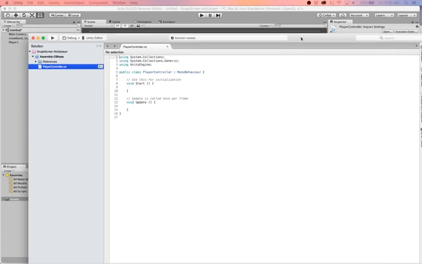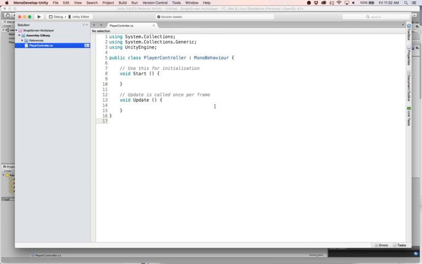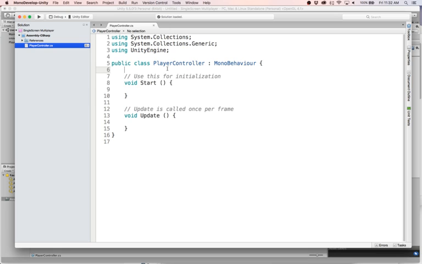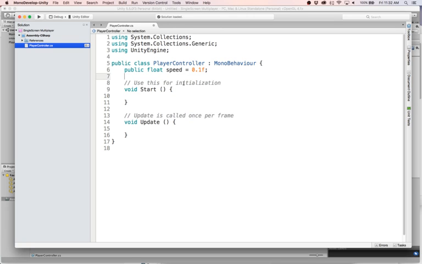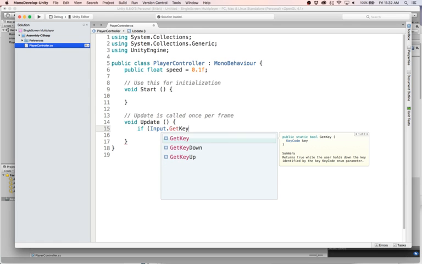Bring that over here. And we've done this kind of stuff before. So if you've been following through some of the other tutorials, this will look familiar. So usually we have a speed, so public float speed equals 0.1f, and we're just going to move left and right. For this one, we're not going to go too crazy with the controls because the point is having unique controls for each player. So inside of our update, we would do something like if Input.GetKey